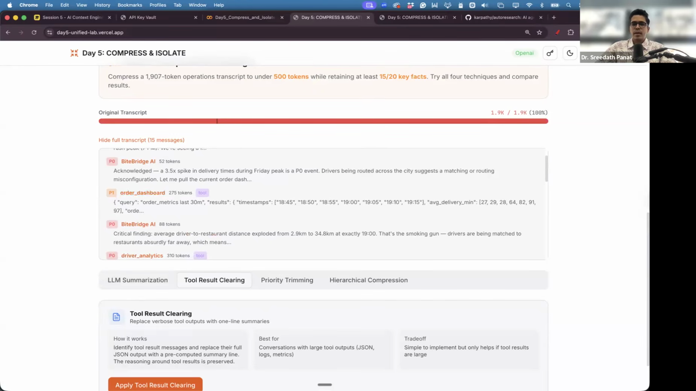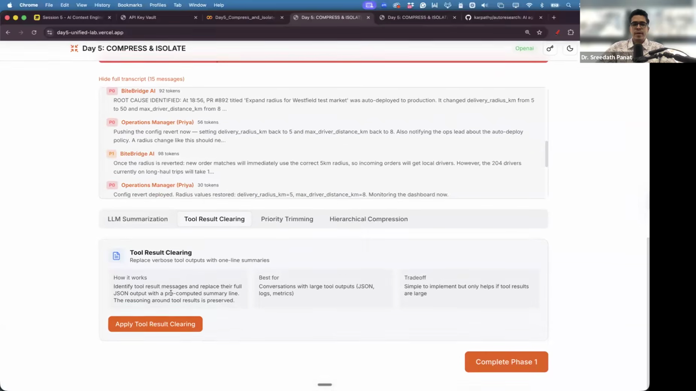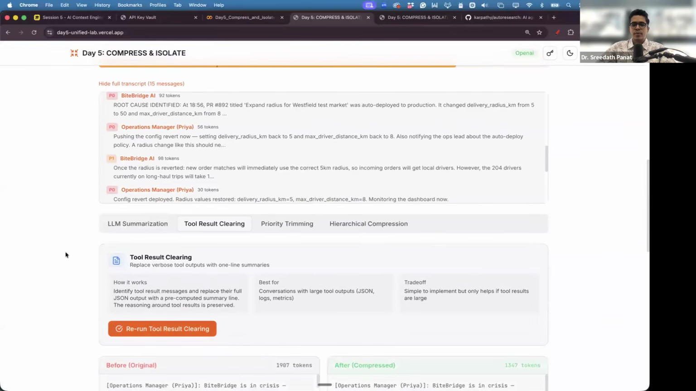So the order dashboard will definitely be affected. It's part of the tool result. Do you think this, let's say, operations manager Priya's conversation, will be affected by default? It will not be affected because it's not a tool result. So I will show you, after implementing tool result clearing, how the result looks before and after, and how many facts